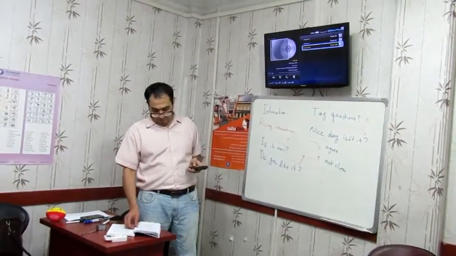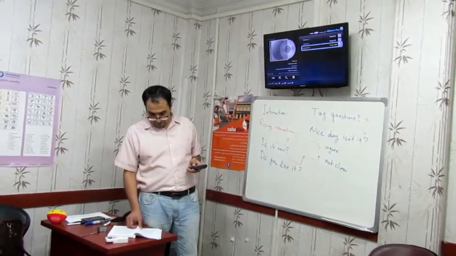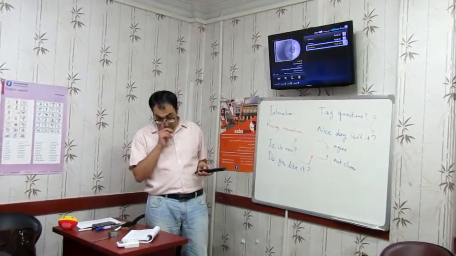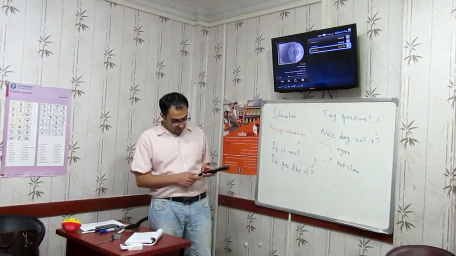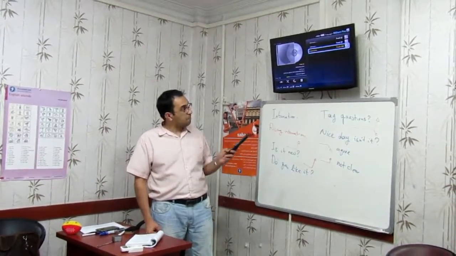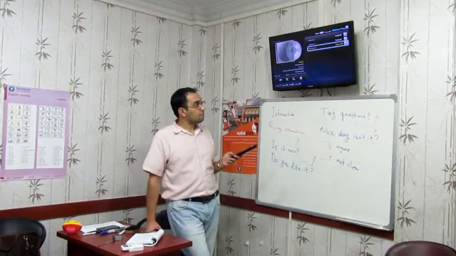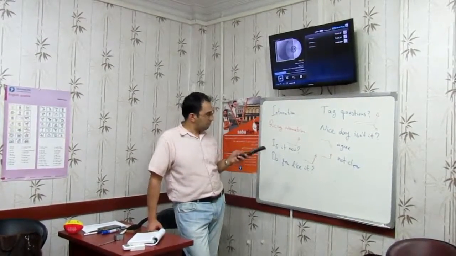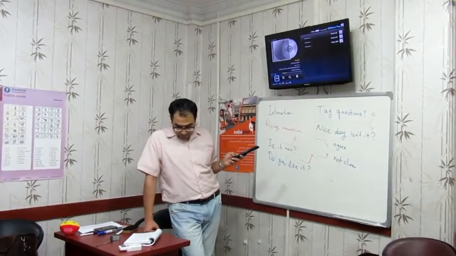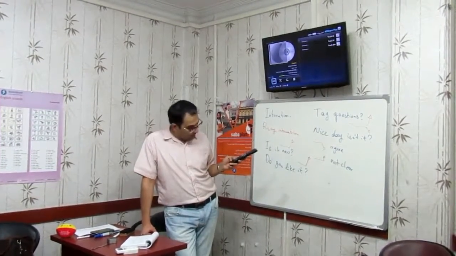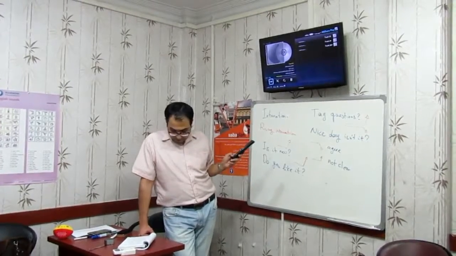Unit 7, Exercise 4. A tag question is a short question that is added to a statement. Many times, it is used to start a conversation. Use falling intonation when the speaker expects the listener to agree. Use rising intonation when the speaker may not be sure of the answer he or she will get. Listen and repeat. Examples. Nice day, isn't it?